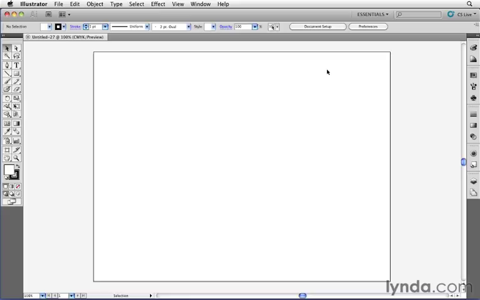Just because Illustrator is a vector-based program, it doesn't mean you have to totally ignore pixel-based images. In fact, there are many times when you might want to bring raster images or bitmaps into your Illustrator documents. For example, you're creating a jacket cover for a book, and you want to put a photograph of the author into your layout. Well, of course you can do that inside of Illustrator,